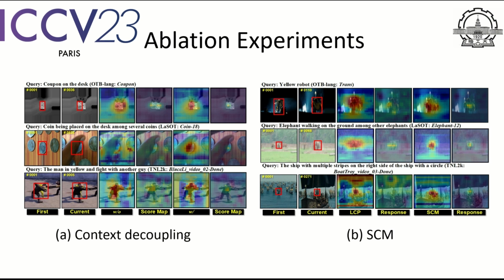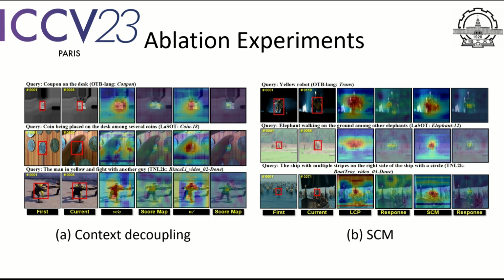This page shows the qualitative analysis of context decoupling and SCM. The left figure visualizes the tokens of both branches, where it shows the score map differences with and without dual branches. SCM branch predicts better when the target undergoes dynamic changes. In contrast, the LCP branch consults representative exemplars from the textual query and consistently outputs high confidence for the case of large movement or reappear. Obviously, as shown in the right figure, the effect of the SCM branch is more pronounced when the target appearance